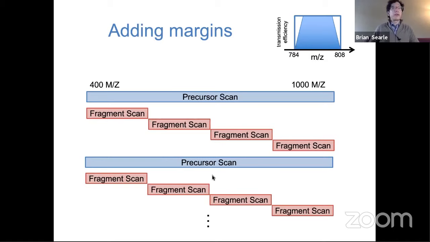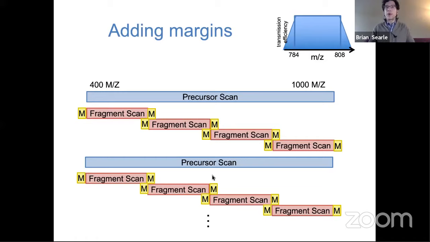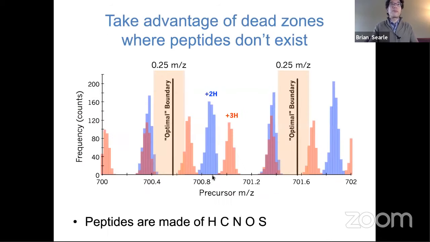Oftentimes, and there was a question about this earlier, you'll see reduced transmission efficiency at the margins, or the wings, of the isolation on the quad. So the idea is that you could potentially widen the window slightly by adding little margins on either side, typically half a Dalton or something like that, and then essentially get flat transmission across. This is a pretty good method, and we highly recommend doing this if you are not collecting staggered window schemes. But as you might imagine, these margins make a mess of how you would do the deconvolution with staggering. So we typically suggest thinking about this from a different perspective,